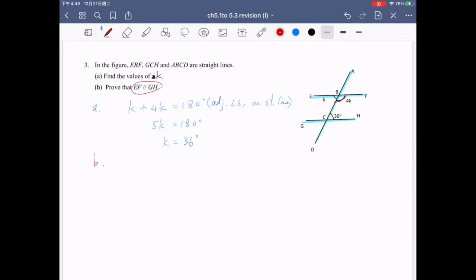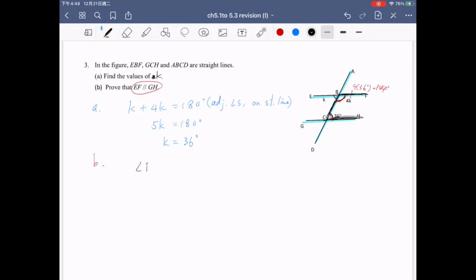This 4k, 36. Why? Because 4k includes 4 times 36 degrees, which gives you 144, right? 144 plus 36 is 180. So we can say this one, like this, just like a C shape, right? And they are interior angles. So we can say